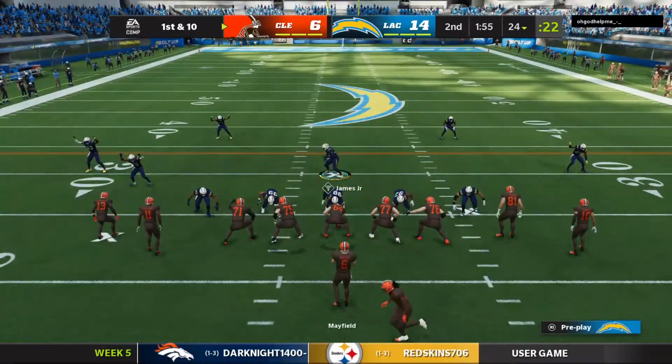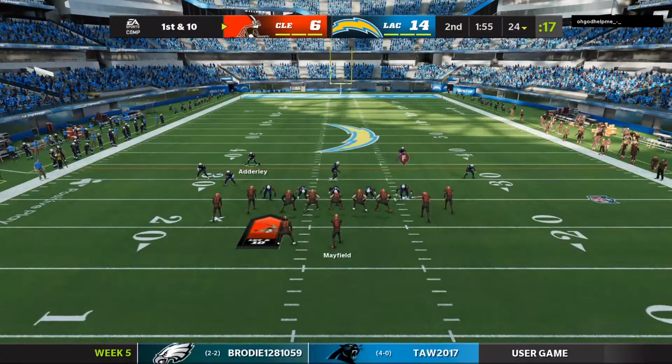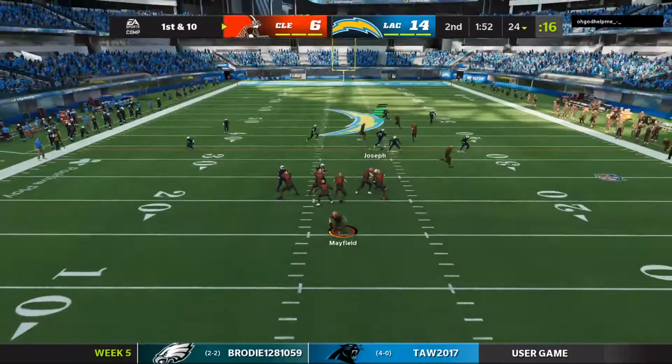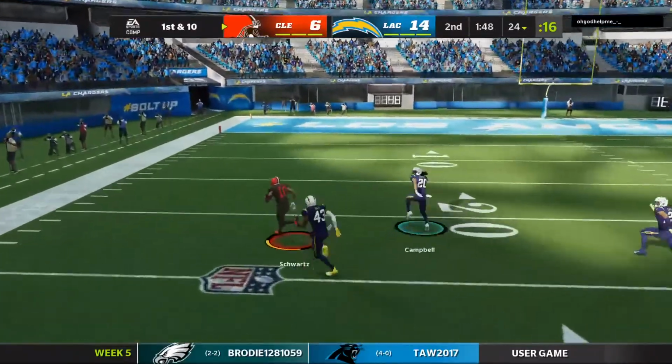The Browns drive about to get started, and they're hoping to redo their efforts in the last drive when they got into the end zone. And just think of what it's like now on the sideline, because when you score a touchdown, you have to go over and look at the tablet and see what you did on the last drive. When you scored points, it's a whole...